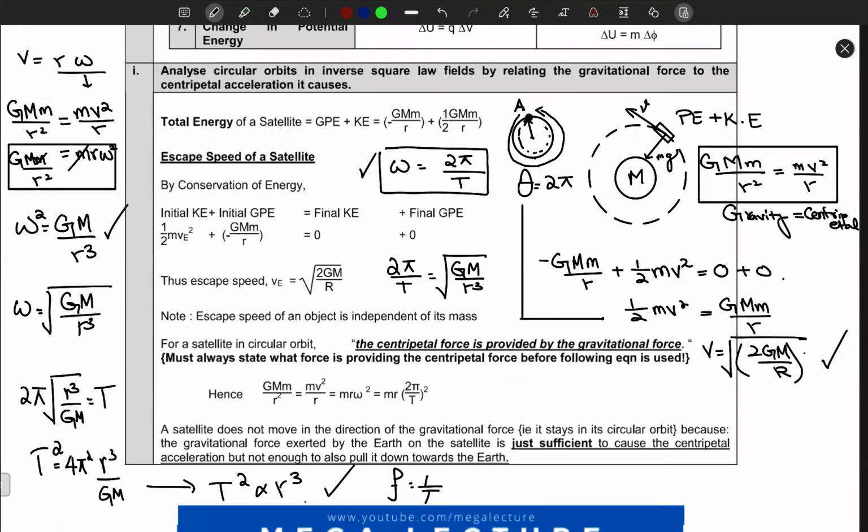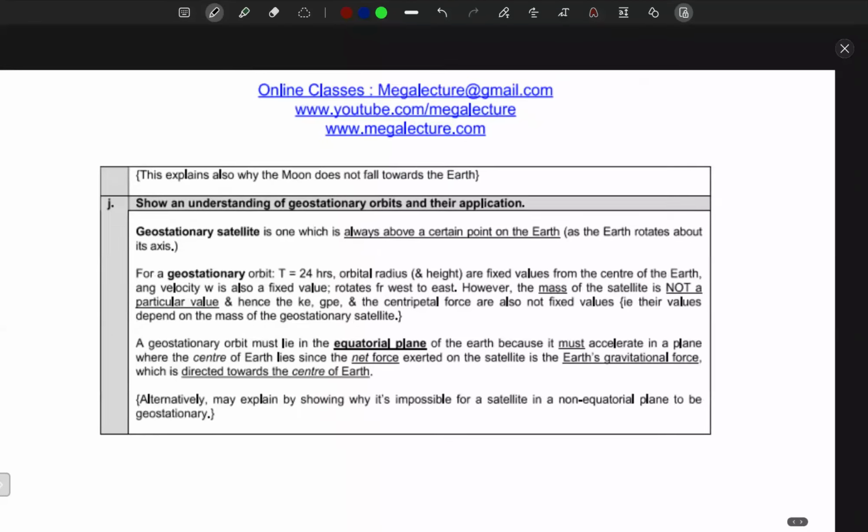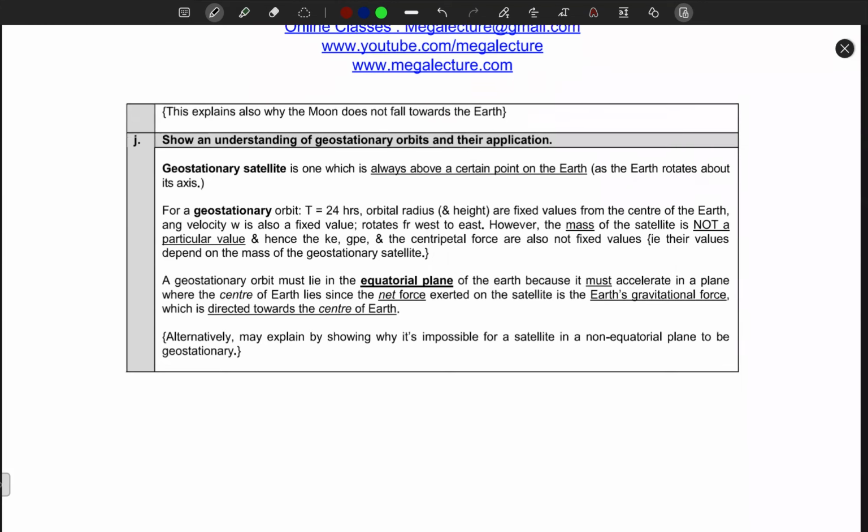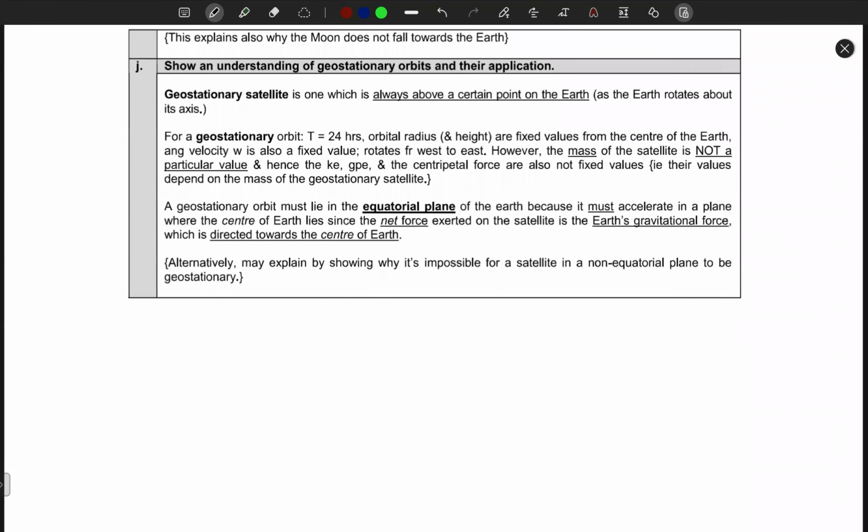Okay, so we'll move to the next topic, which is geostationary orbits. Any idea what a geostationary orbit is? Anything that you might think of a geostationary orbit? An object that revolves around the Earth. Yeah, it revolves around the Earth, but